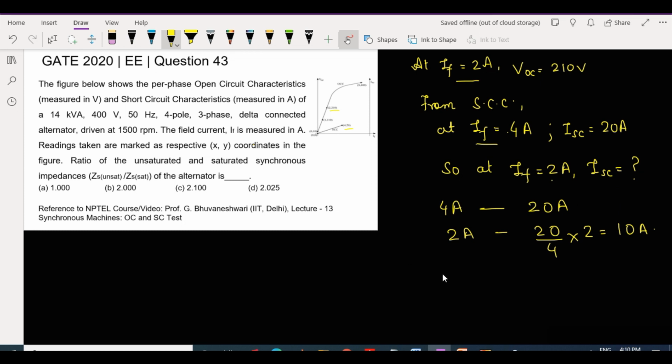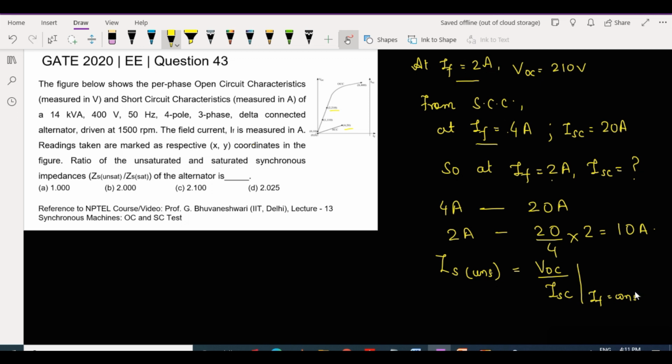So now if we write down our impedance for the unsaturated conditions, this is equal to VOC divided by ISC for the constant value of the field current that we have already seen.